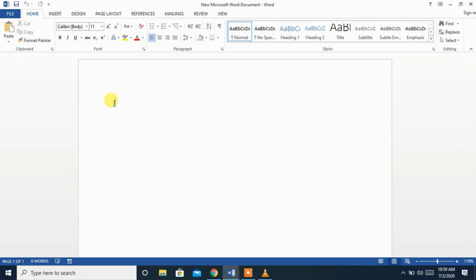We are first going to see how to align a sentence to right, left and center. Once you open the Microsoft Office Word, you can see the cursor blinking at the left side of the window. So normally it's the pre-formatted thing. It will start from the left. So you can start typing a sentence.